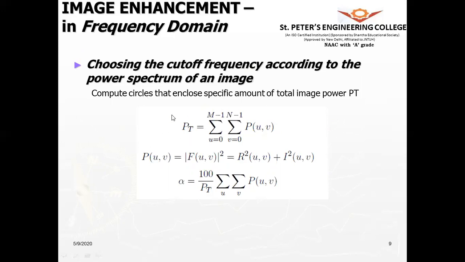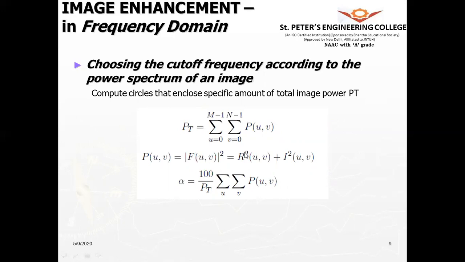So therefore, if the image total power is represented as PT, which is the sum of all the power present in the entire image, which is nothing but the real part and the imaginary part, because the Fourier transform is a complex term.